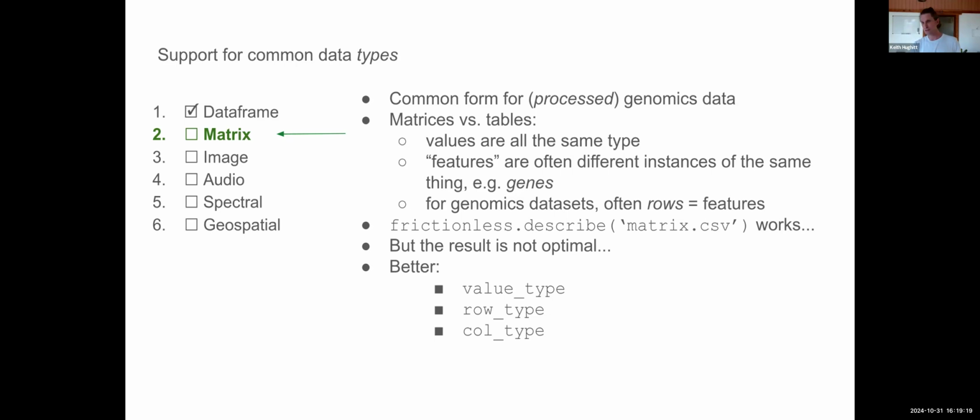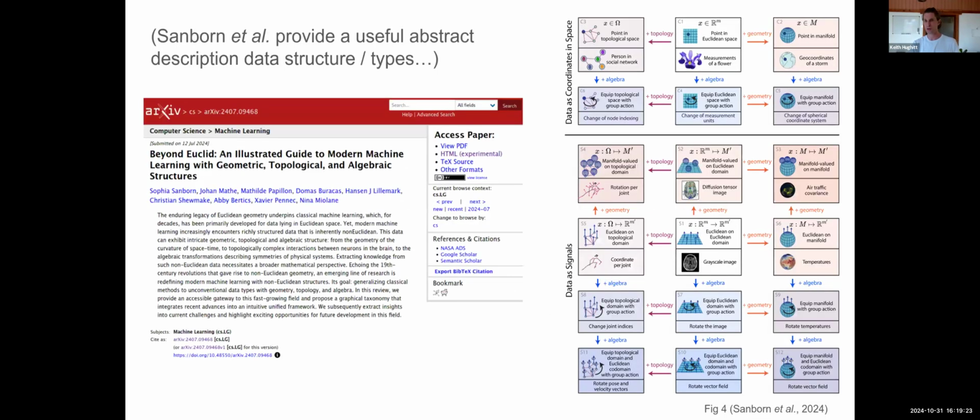As an aside, as I'm thinking through this way of how we want to handle data and approach things abstractly, this paper came out earlier this summer, and I think it's one of the better things I found for trying to describe different types of data from an abstract point of view. This is not covering all types of data. It's kind of biased towards things that people encounter in machine learning, but it covers a lot. And I think it does a pretty good job of describing different types of data.